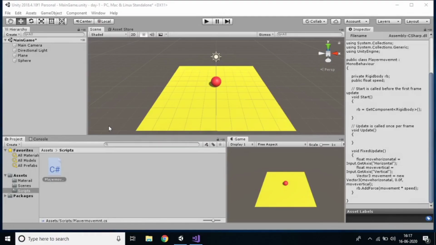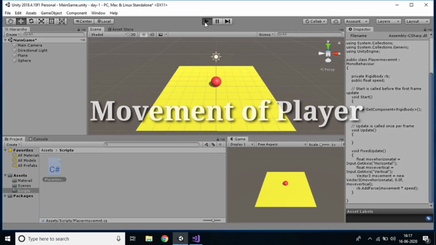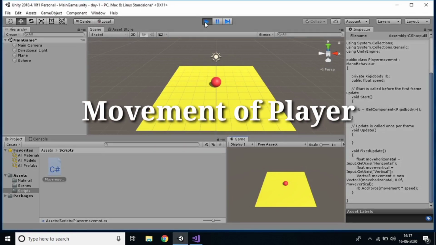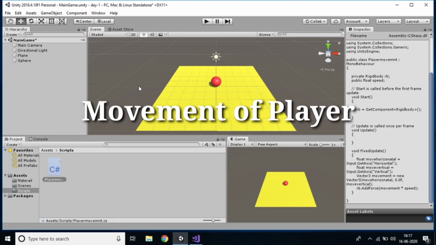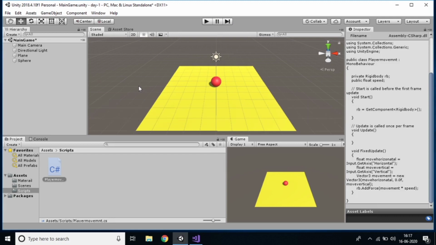In the previous video I covered movement of the player, horizontal and vertical. If you press the buttons left, right, up and down, the player will move. This is what I did in the previous video. If not, the link is in the description. You can find the video and learn how to move a player. I also explained how to write the code in different ways and how we can change things. Now in this video I want to say that